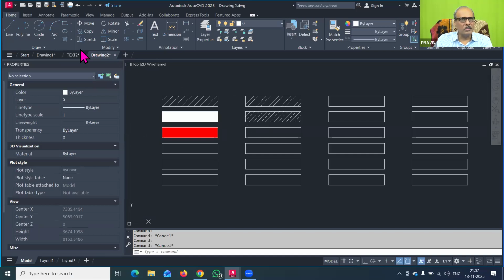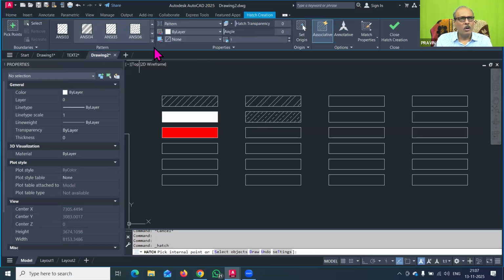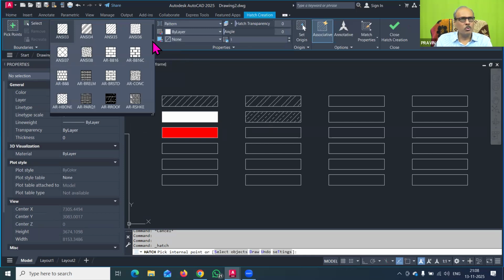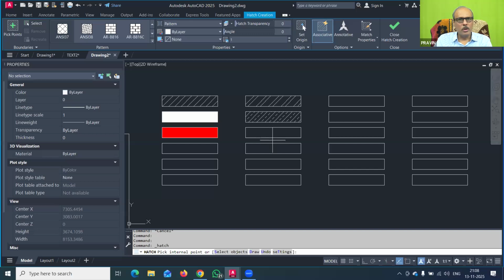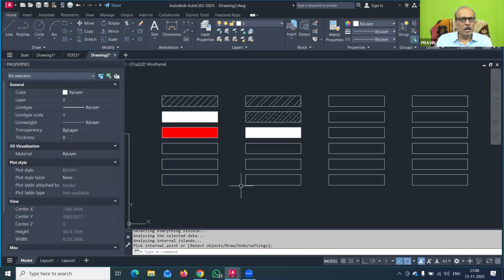Now again, we will explore our various hatch patterns. So go to the hatch command. Now open this pattern dialog box from this bottom arrow. There are so many patterns there. So you can go to this net, or these are the various important commands. You can show the net here. Just click here and press enter, because you can see that the net is not appearing properly.